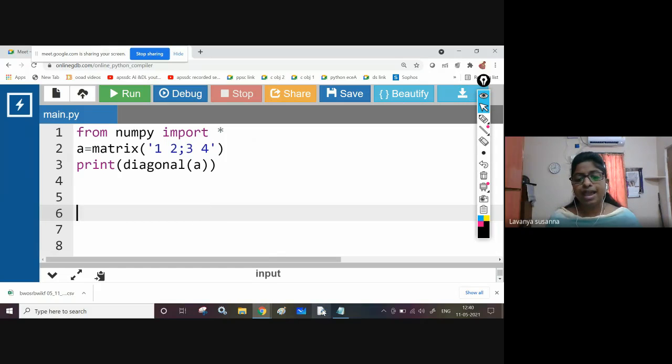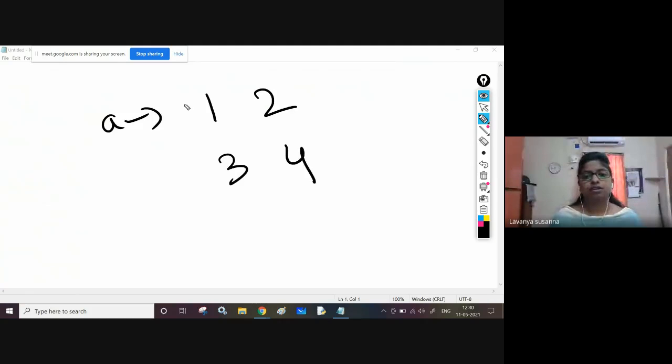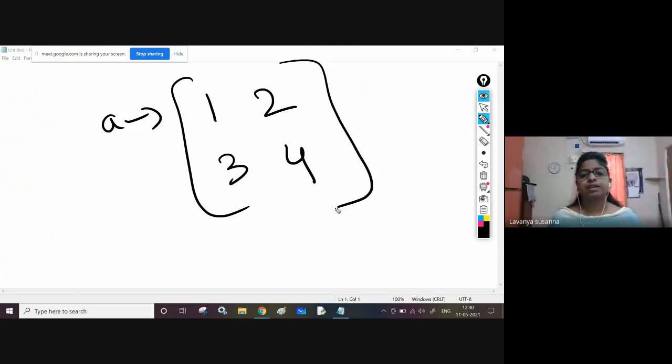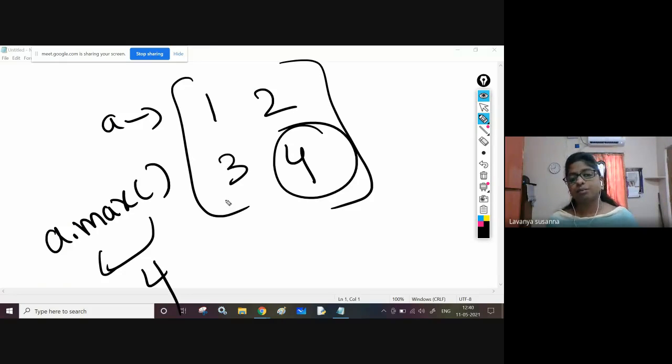Next, if you want to find the maximum element and minimum element, see. 1, 2, 3, 4. Now, what is the maximum element in this matrix? 4, right? So, to find the maximum element, use the max function, A dot max. It will return 4. Okay. Remember, for transpose, A dot transpose.